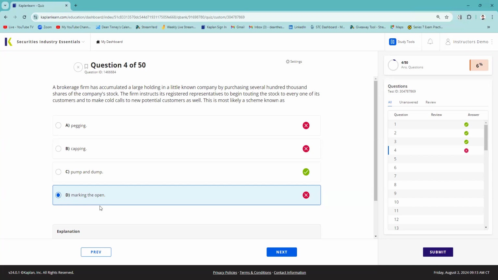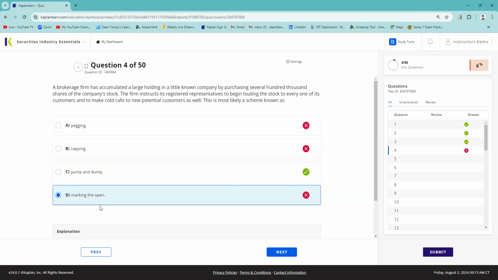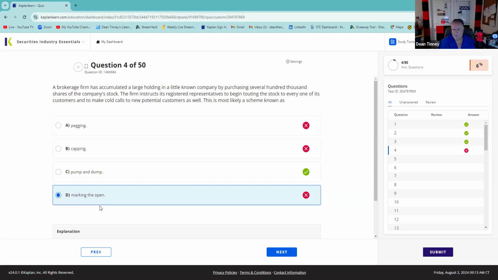Capping is keeping the stock from going up. I call my trading desk and say, I need those calls to expire, so do whatever you've got to do to keep that stock at 70 or less. So pegging and capping are fraudulent devices. So is marking the opening, which is doing a trade at the open just to cause an uptick. It's also fraudulent. And marking the close would be the same. Fraudulent.